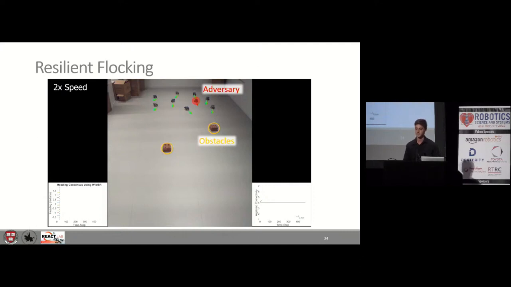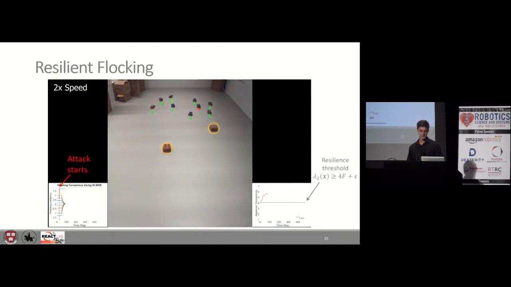Finally, I'd like to circle back to the resilient flocking example from the beginning. In this example, the arrows below the robots correspond to the heading directions again, and they all choose a heading direction and must share and agree on that value. The heading consensus will be plotted on the left-hand side, and the algebraic connectivity will be plotted on the right. The adversary, highlighted in red here, will try to choose a heading direction to try to drive the robots towards the right side wall.